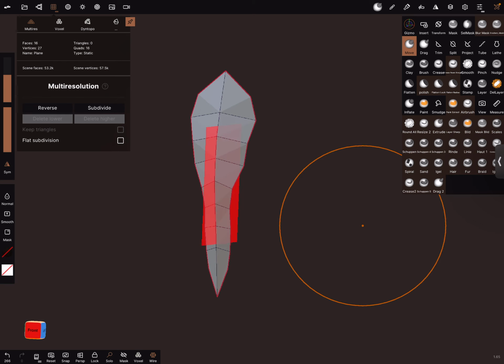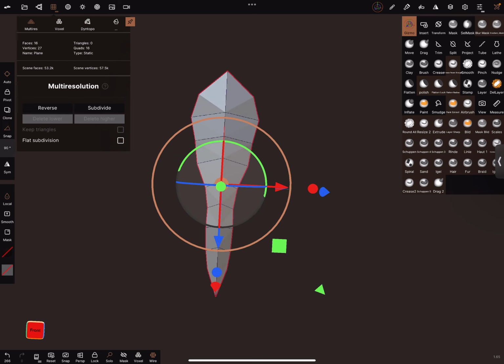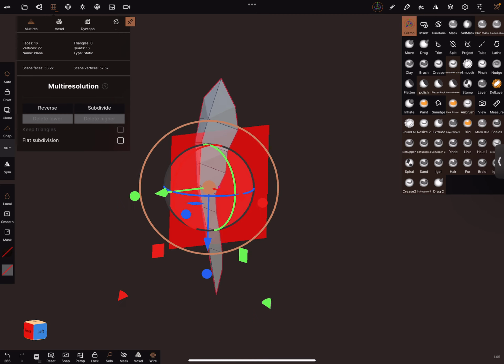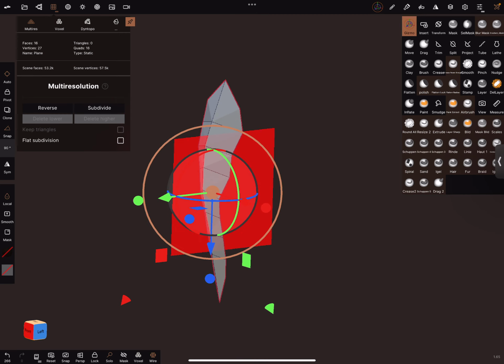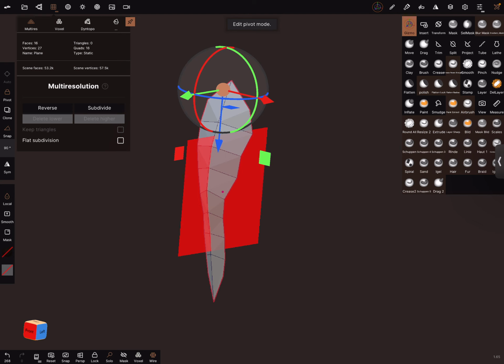Okay. We need the gizmo, and we have to adjust the pivot, the anchor point of this part.